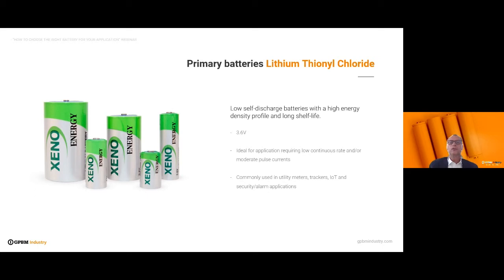So that one on shelf life is the longer we have on the primary, that is around 8 years or even more. And the voltage is 3.6. That's a characteristic of this technology. Long shelf life, as I mentioned before. And the applications that we can have are metering, trackers, IoT, and again security alarm, and a few other applications on the IoT, as we mentioned, as a sensor too, or being a power for the home